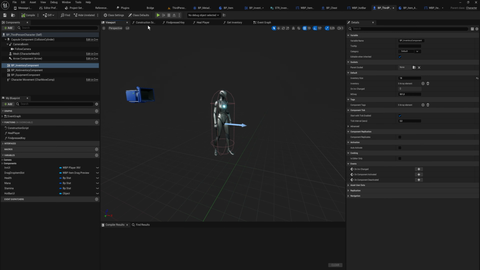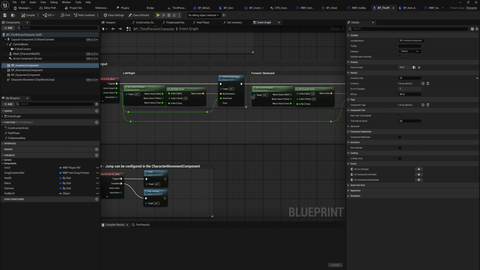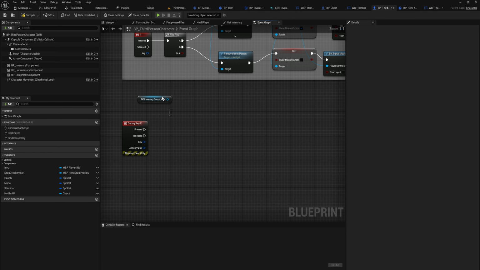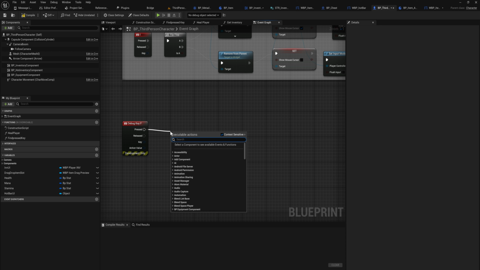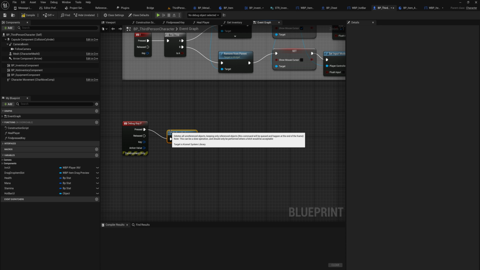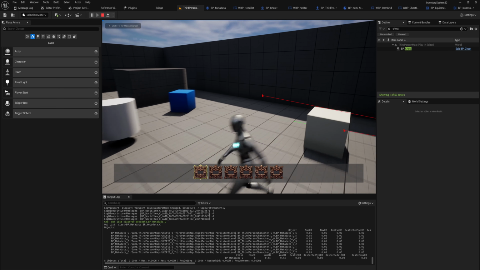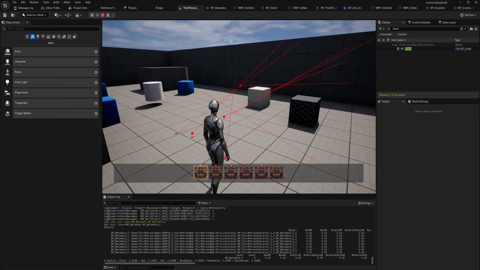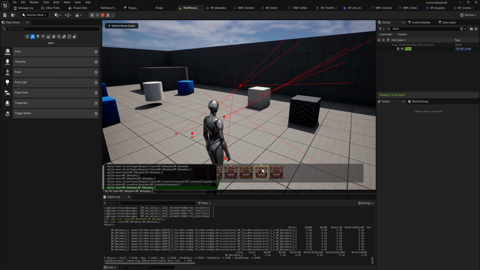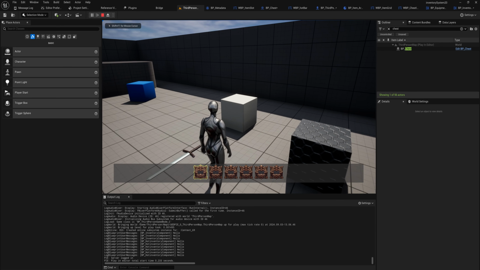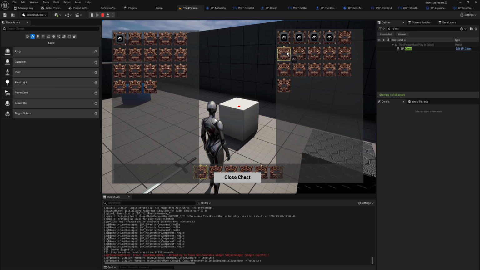Now, back in our character here, I'm going to add a debug key. I think we still have a debug key left over from our crafting system, which we don't need anymore. And when we press the debug key F, we're going to collect garbage. This is just going to force Unreal's garbage collection to run so that we can see whether or not objects are getting garbage collected or not. And then if we press that garbage collection key that we just set up, so F, and we run it again,